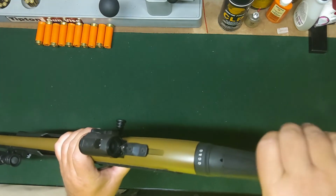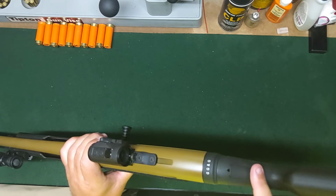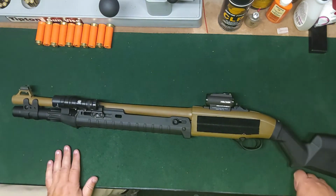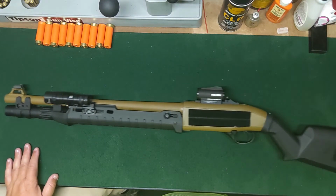You can't get a full turn on that Allen wrench, so it's kind of a pain in the ass. I bet you half the time I put into this was on this stupid bolt, getting that sucker in there. But other than that, the only things that I added that weren't part of that kit, obviously,